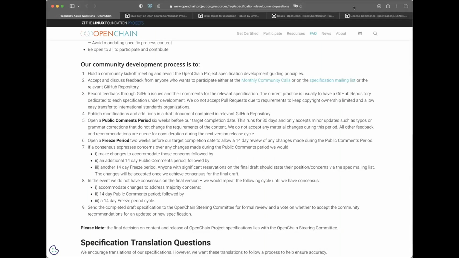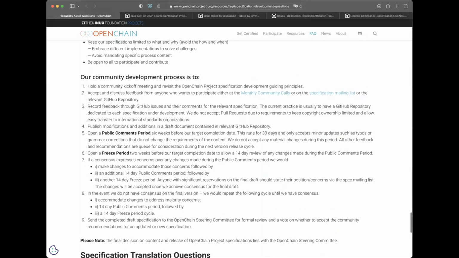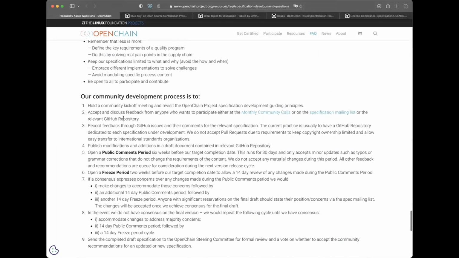By the way, one reason this call is super useful is because, as people can probably guess, having gone from one standard to two to now today literally working on three, it's entirely possible OpenChain will make more standards in the future. So we do want to make sure that these little tweaks on language and clarity keep things as clear as possible, because who knows, we might be developing several standards in parallel in the future. And at the very least, we are developing updates to our existing security and license compliance standard, and now we'll be doing contribution in parallel.